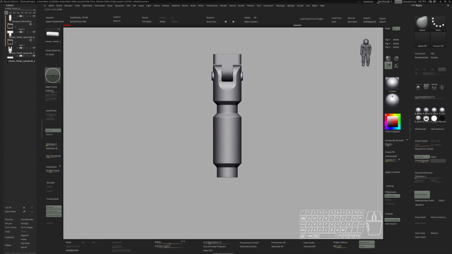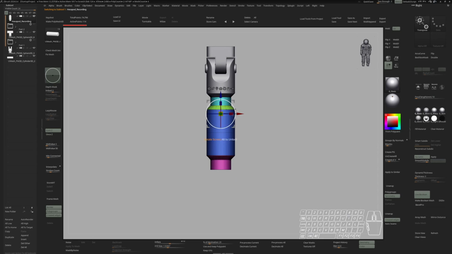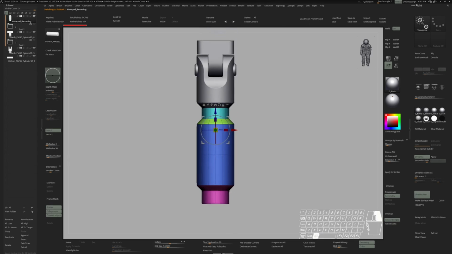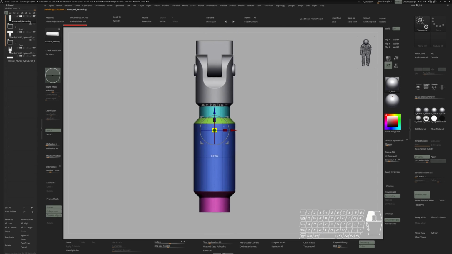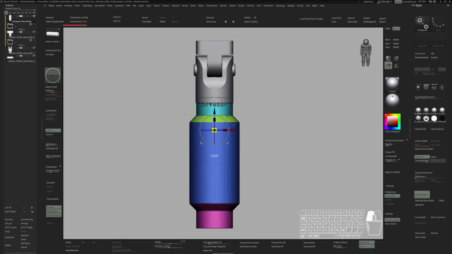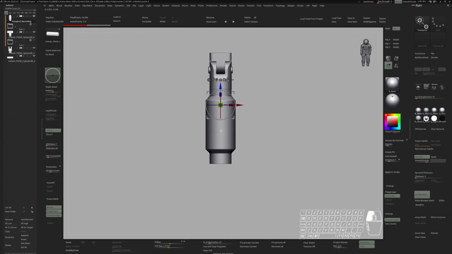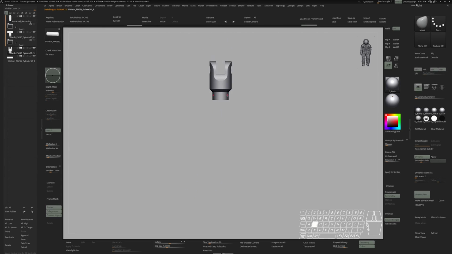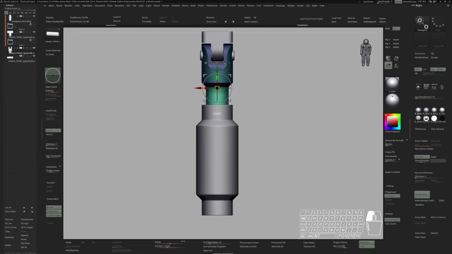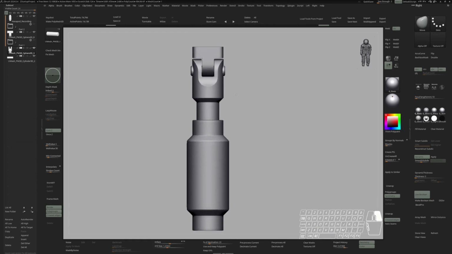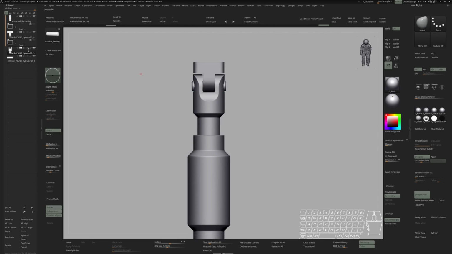Let's further adjust this middle part right here. I'm going to scale this up until the cylinder is kind of in line with this one. And move this slightly down. Grab this part right here. And also move this down. And now what we can do is